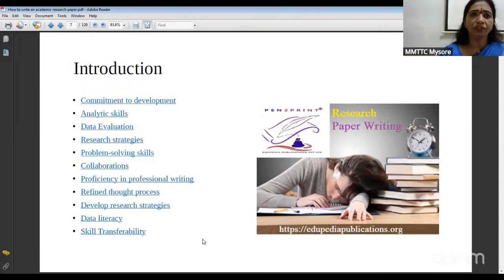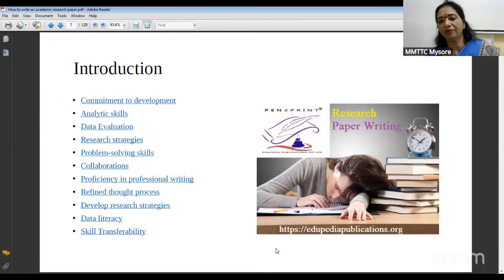If you are publishing good papers, people will approach you for collaborations. They will say, sir or madam, I'm also working in this field, please collaborate with us and help us, so that you will get more papers in collaboration. You are going to develop proficiency in professional writing. Writing is different and professional writing is completely different, and you will get a refined thought process, and develop research strategies and data literacy,